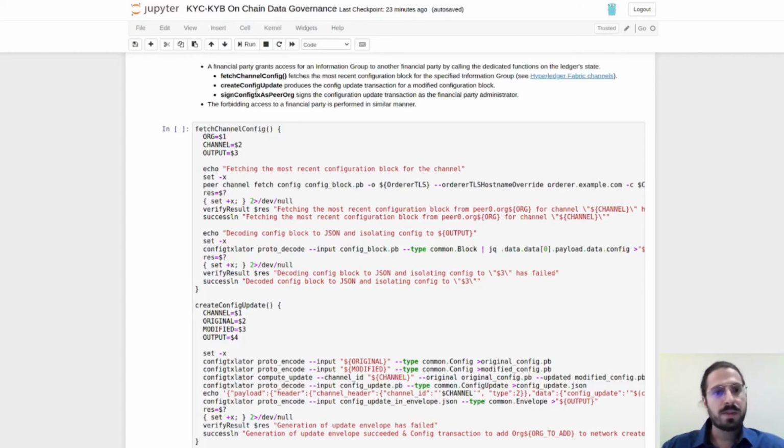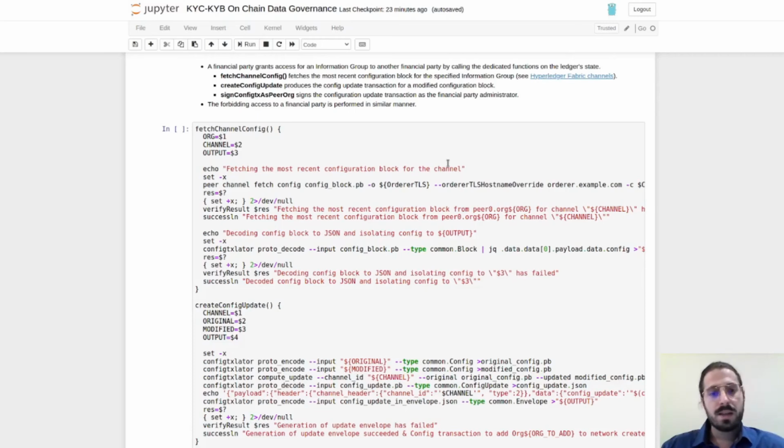First of all, the financial party fetches the channel configuration, the most recent configuration block, for the specific information group which we have represented as the Hyperledger channel.